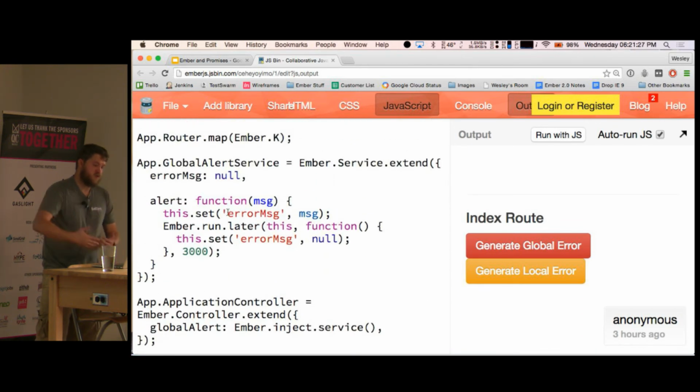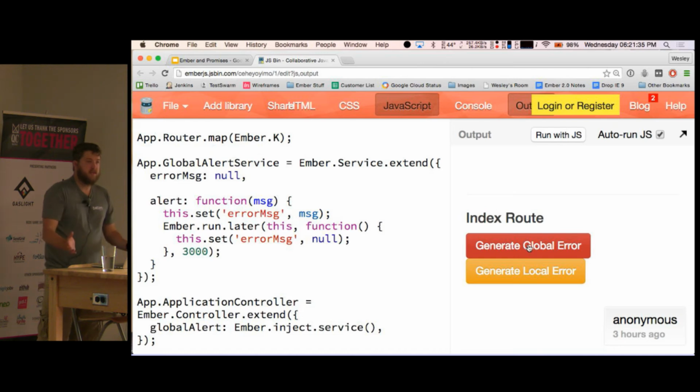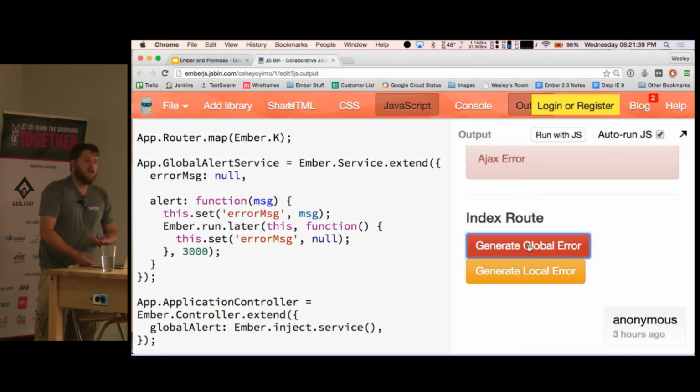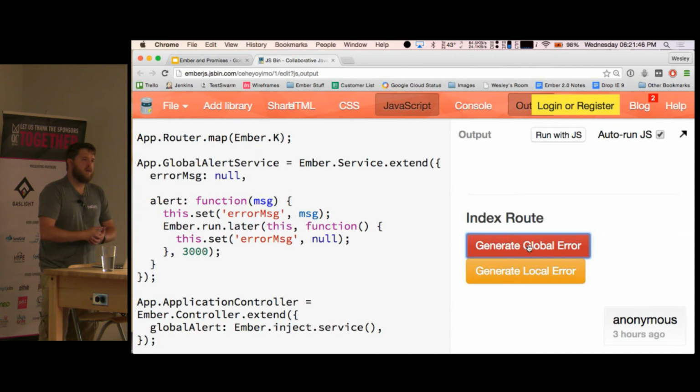And the alert service just stores the value, and in my application template, I bound to that alert service. So that whenever there's a global error that's been completely unhandled by anybody, I still have a way to message the user about it. And so that's really why you always want to rethrow the error if you haven't told the user about it, in my opinion. That's sort of my rule of thumb. That way somebody else can consume it later. Even if you've sort of done cleanup, rethrowing still allows somebody else to inform the user.